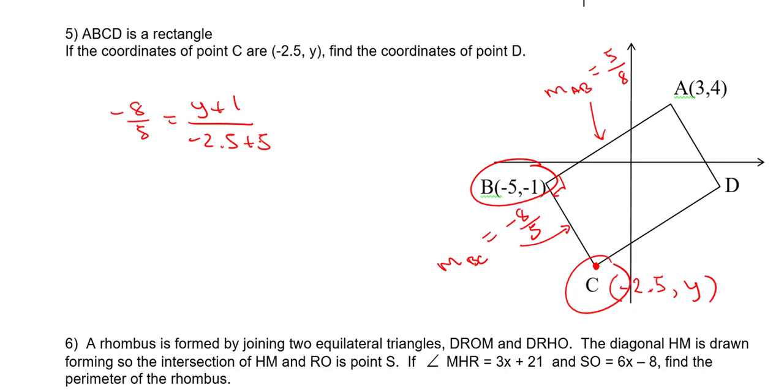Cross multiply, solve for x, or sorry, solve for the y. Your y value is going to end up being negative 5. So make sure you do the work on that, just to make sure that you know how to do the work on that, but you're just basically going to cross multiply here and cross multiply there. Once you find that y value, and it's going to be negative 5,